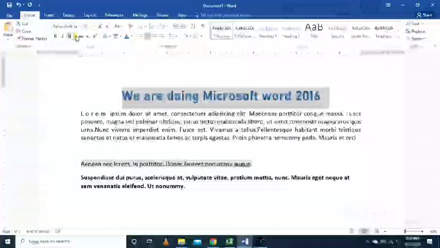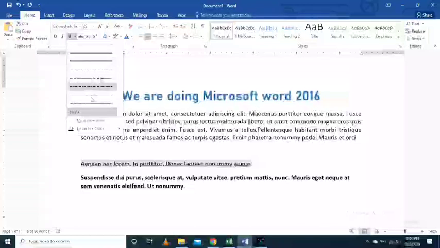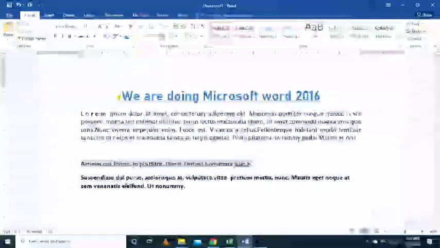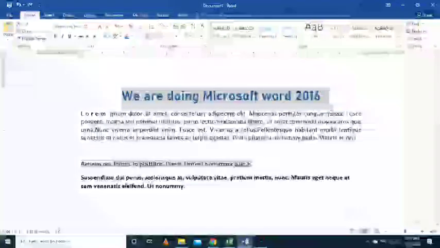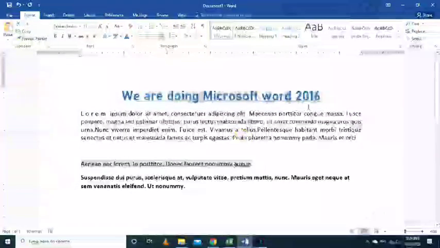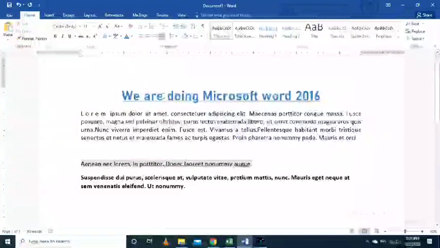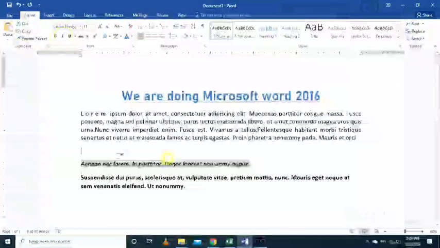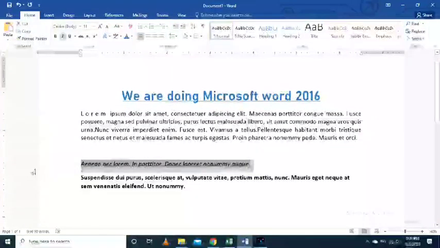If you want a different type of underline, you can choose the type you want, but normally this is the underline. You can use Control U for underline, like this. Now it is underlined, like that. If you want to make it italic, select it. From here you can make it italic, a little bit slanting, you can see it's slanted, so that is italic. You can press Control I for italic, like that.